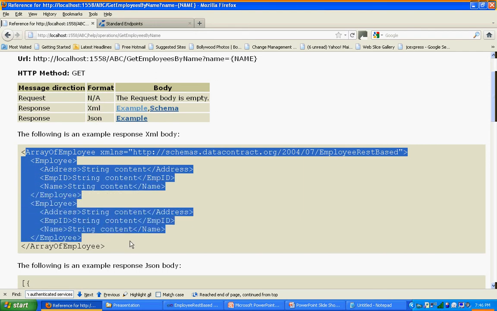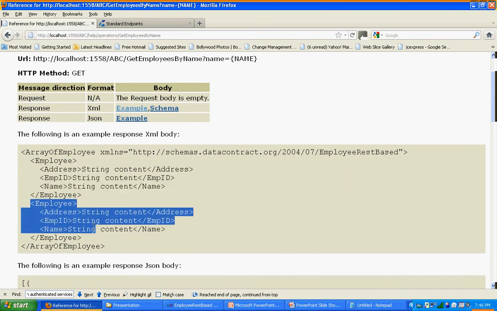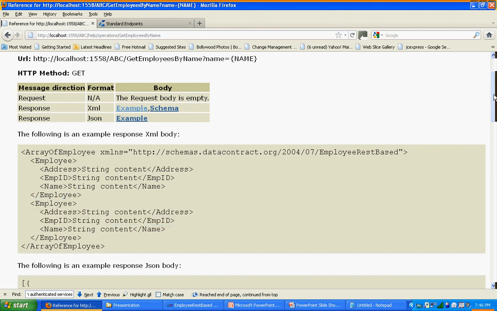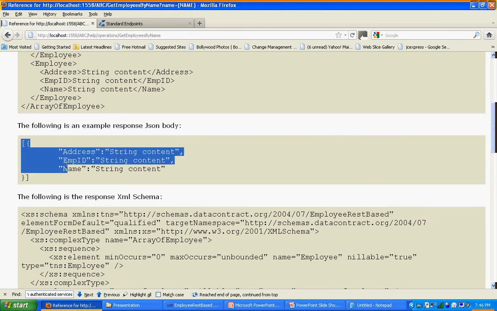So it gives the list of employees. That's why you see the employee entity. Employee entities means a list of employees is returned. That's why in the XML you see 2 employee objects, they are just trying to mention that it's a list. And in the JSON example format, the response is going to be in this format, and this part is going to be multiplied depending upon your result set. If you have more employees returned, then this block is going to be multiplied with different values.